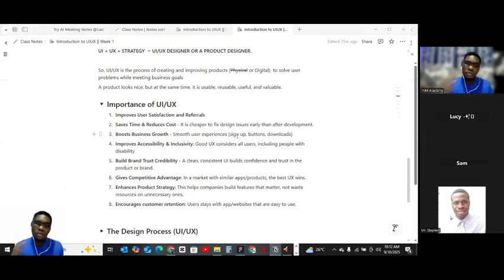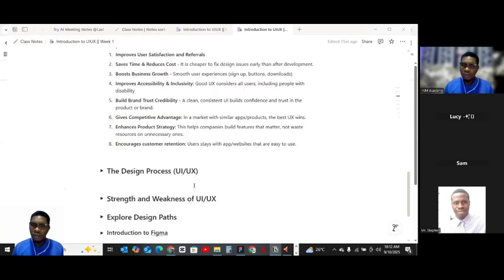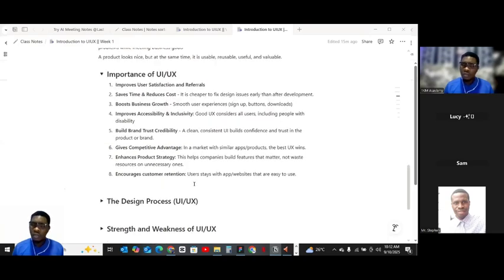You start in a way that suits the user's needs. You understand? So please, it's very important that we understand the product strategy anytime we are designing any application. And that's how we are learning UIUX, so that we understand this.